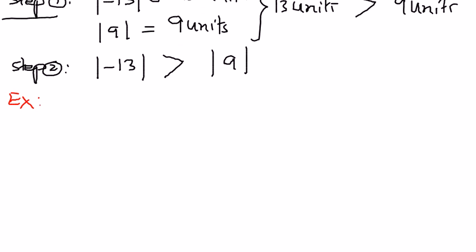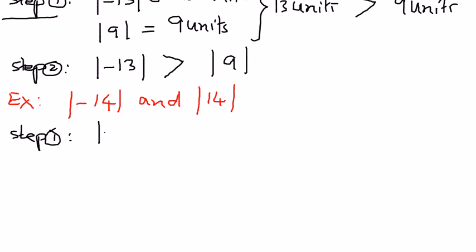The two numbers we have this time are the absolute value of -14 and the absolute value of 14. So we have two numbers, one is a positive number and another is a negative number. So we'll write the steps. Step number 1: the absolute value of -14 is equal to 14 units,